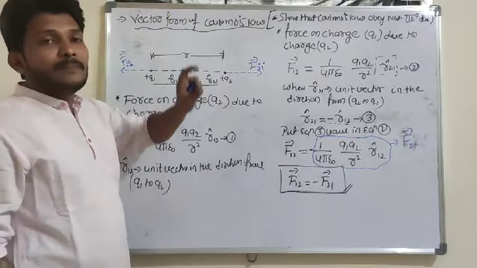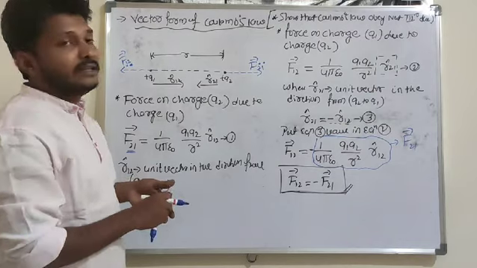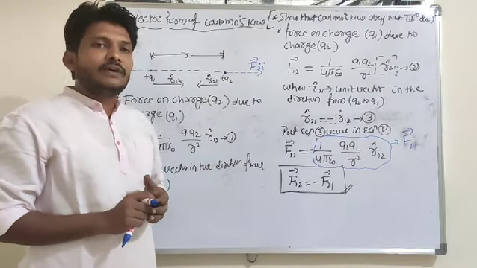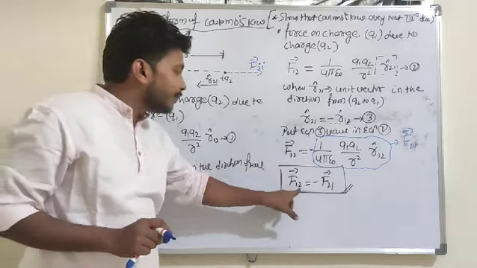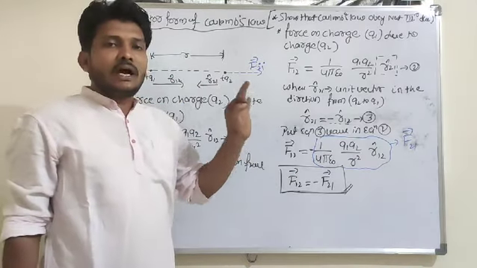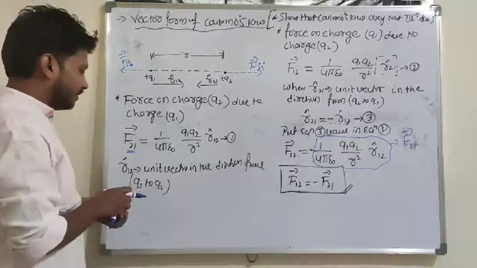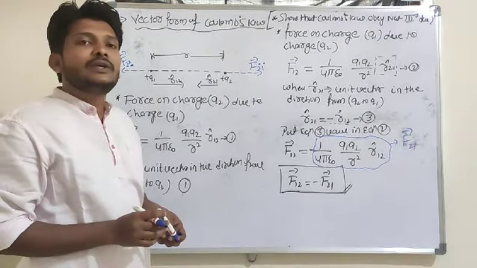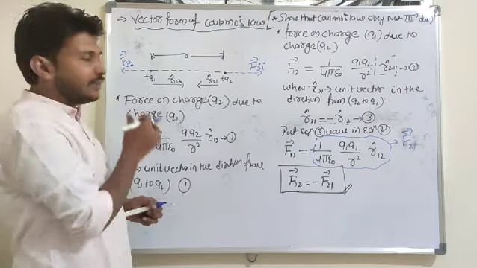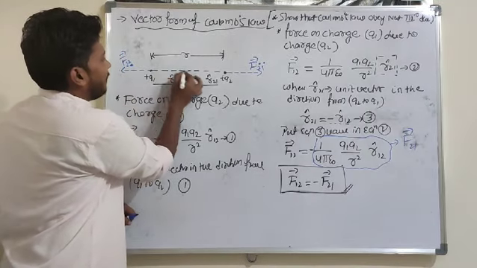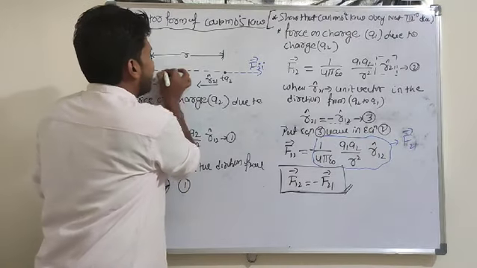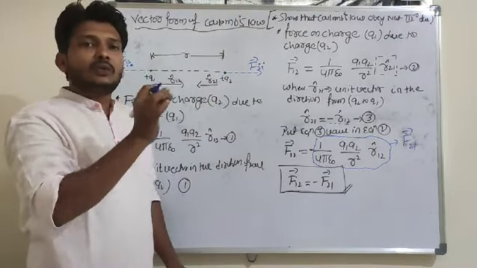So then what is the importance of Coulomb's law? I said that if you write the vector form, then you come to know the importance of the vector form of Coulomb's law. The first importance I got is that Coulomb's law obeys Newton's third law. And another one: r cap of 1 to 2 and r cap of 2 to 1 show that the force acts along the line joining the two charges here.